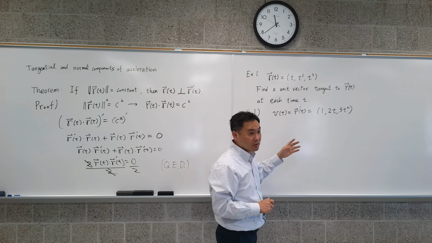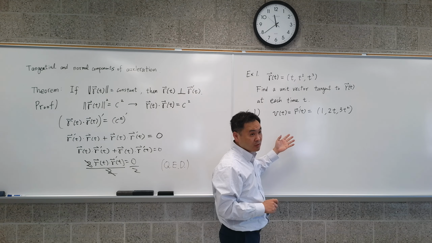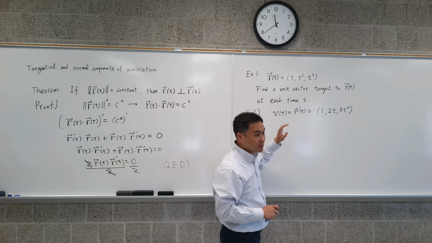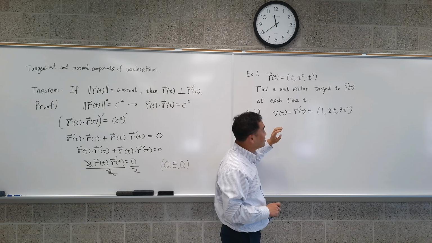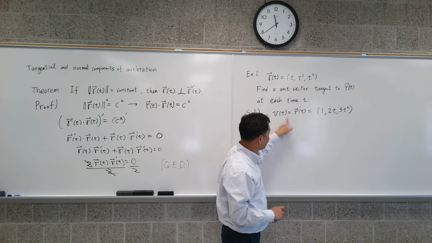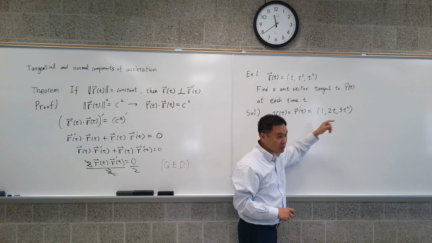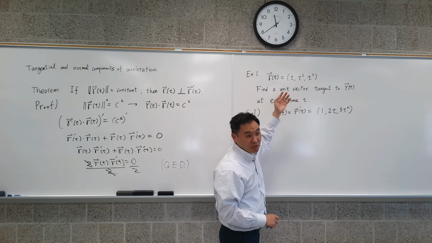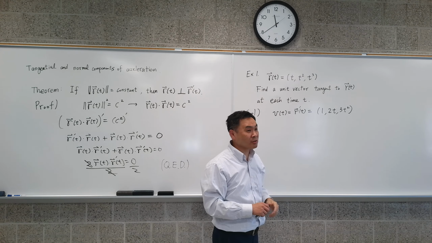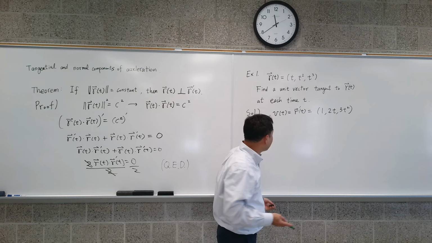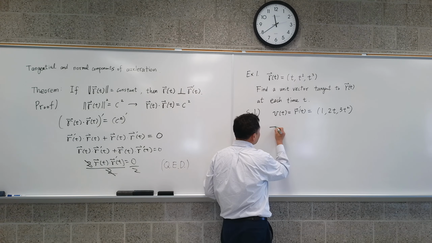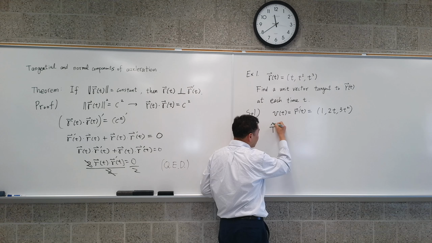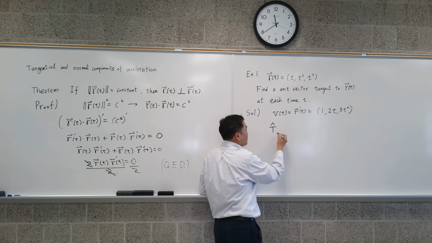Is it perpendicular to something? No, that's not it. It does have time. At each time, it's... oh, it's not a unit vector. You have to make it a unit vector. How do you make anything a unit vector? Divide by its size. So now what you write down is T for tangent, and since it's a unit vector, you put a hat. So T hat of t